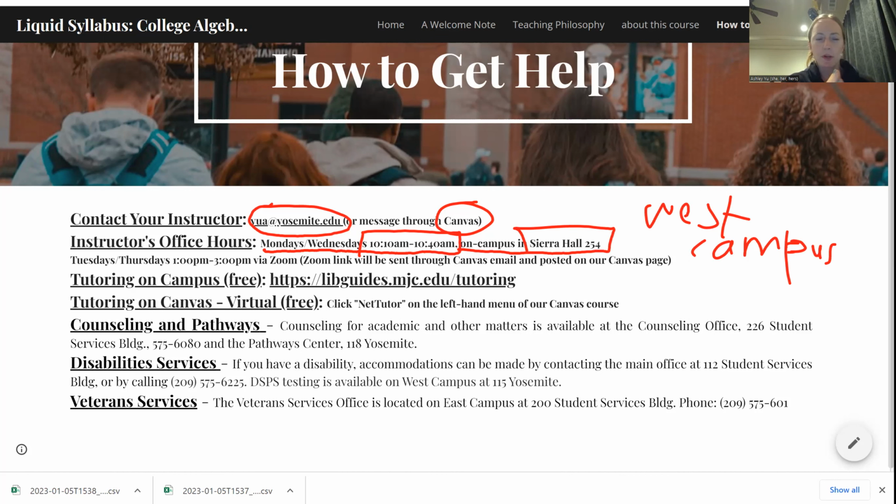But if you don't want to come to campus or those times don't work for you, I also have office hours Tuesdays and Thursdays on Zoom from 1 to 3 p.m. And I'll try to email that Zoom link to you guys and also just have it on Canvas, maybe in a very easy spot. Right when you log into this Canvas course, hopefully you'll see a link there that makes it easy for you. And I know it seems like office hours on Zoom aren't great, but there's actually a way I can share my screen and go over problems and you can see it and ask me questions and show me what you're doing.